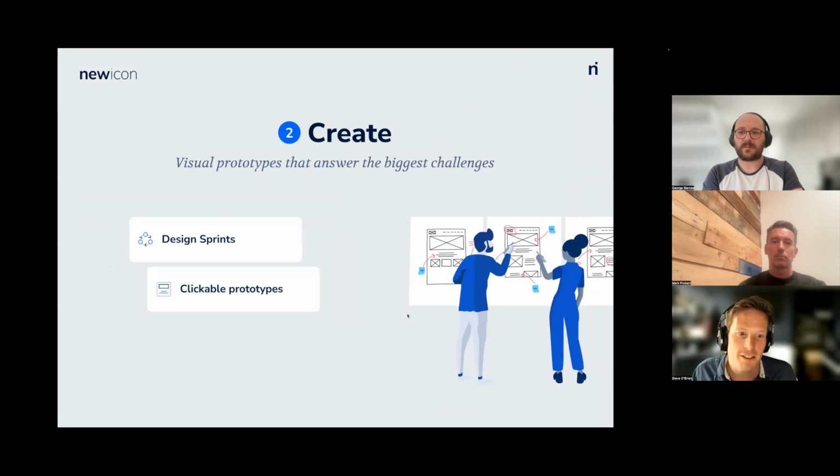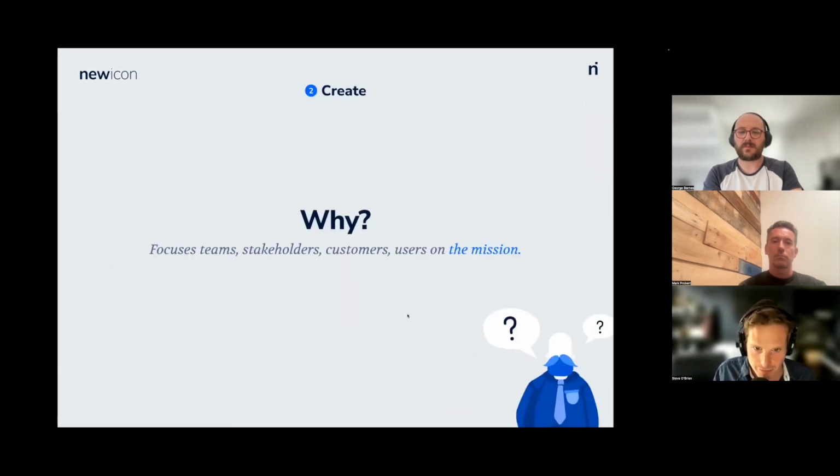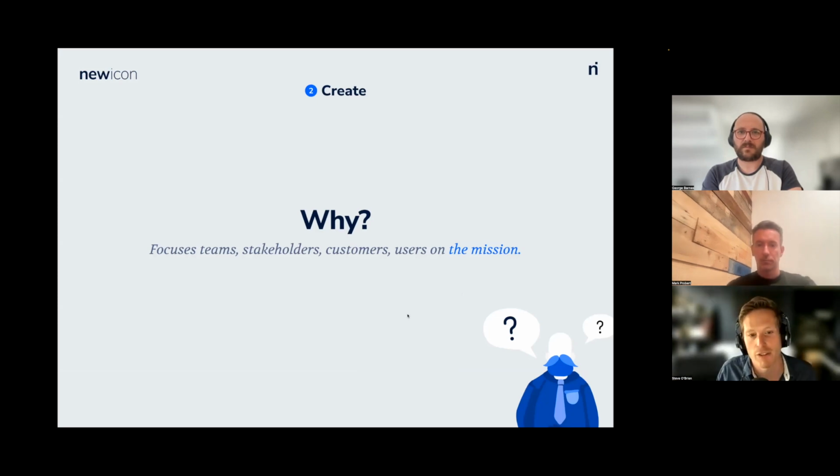And this is where we essentially do design sprints and we create clickable prototypes. And why do we do this? Well, we want to create an overview, and this helps align users, customers, and it really helps create the mission. So the major part at this phase is we do like 20% of the design work that will represent 80% of the project. So if your project was a movie, then we would just be producing here the movie trailer. So we would show those core functions, that core journey that explains the whole product.